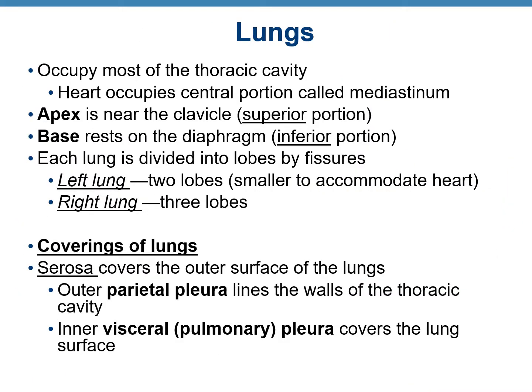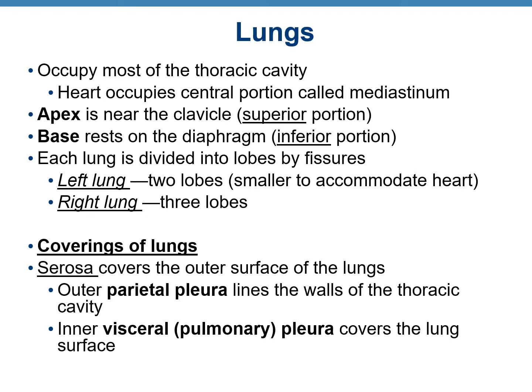So the primary bronchi enter into the lungs. The lungs are paired organs in the thoracic cavity. In the middle of both the lungs is the heart. So the lungs have an apex and a base. The apex is the pointed region which is near the collarbone or the clavicle portion. This is the superior part of the lungs, while the base is the blunt part of the lungs and it rests on the diaphragm. So that is the inferior part of the lungs.